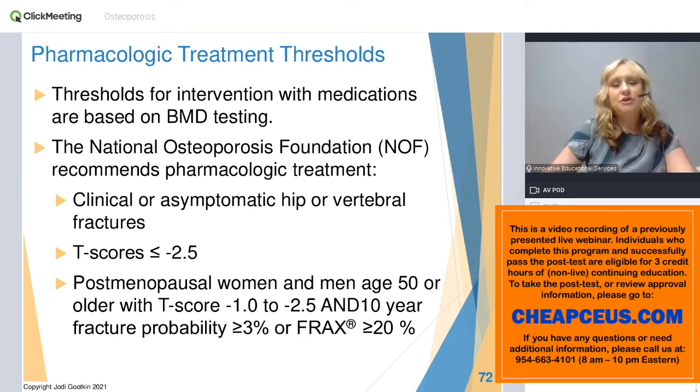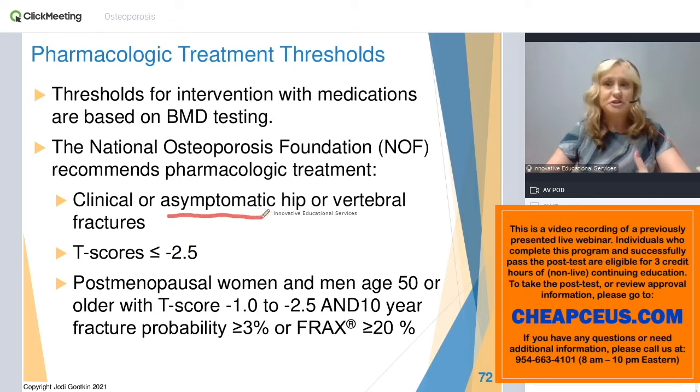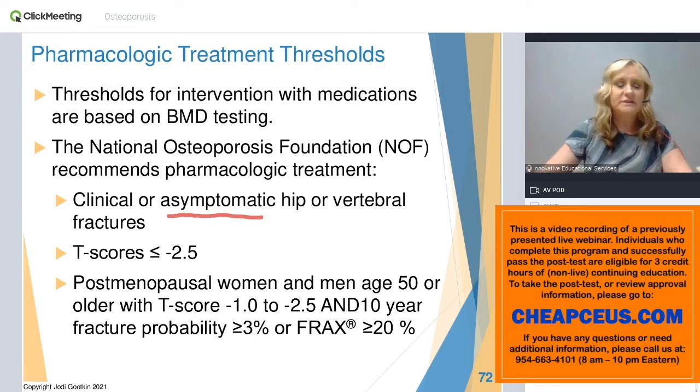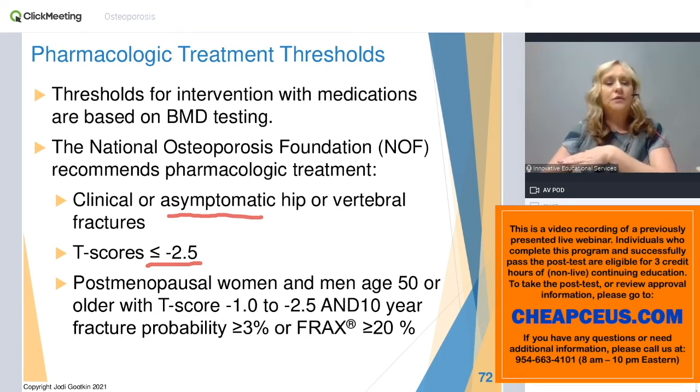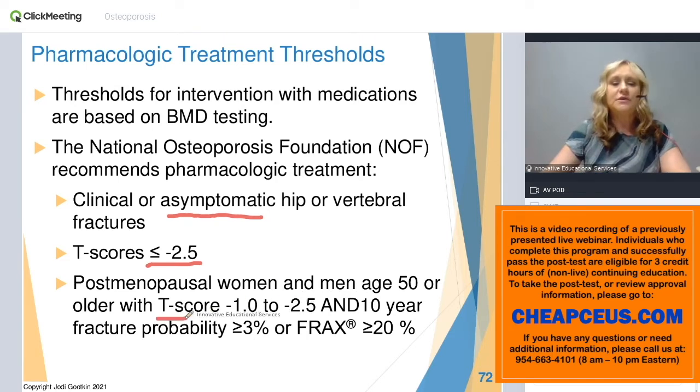The National Osteoporosis Foundation recommends medication for individuals who do have an asymptomatic fracture, a fragility fracture that occurred that they didn't realize about, and those with a T-score of less than negative 2.5. Those are our individuals who have diagnosed osteoporosis and already were seeing that decreased integrity. And then also for individuals who are postmenopausal women and men over 50, if their T-scores have already diminished to the point of osteopenia,